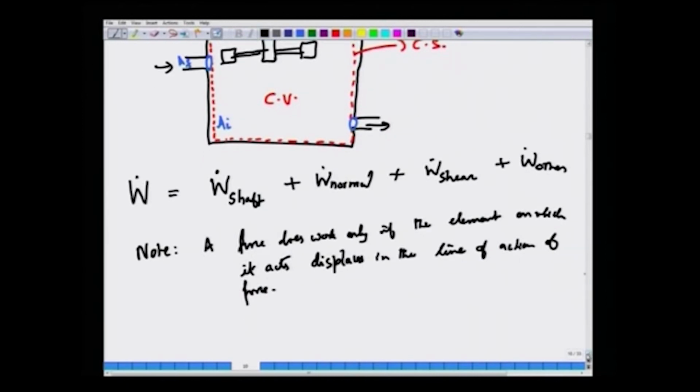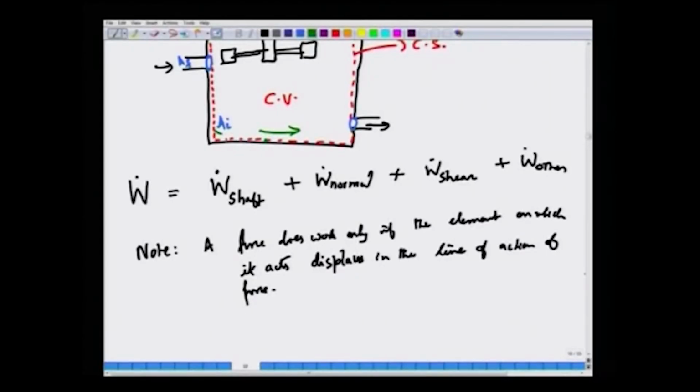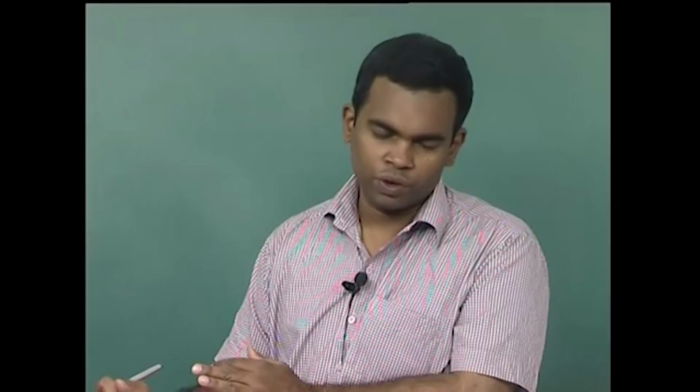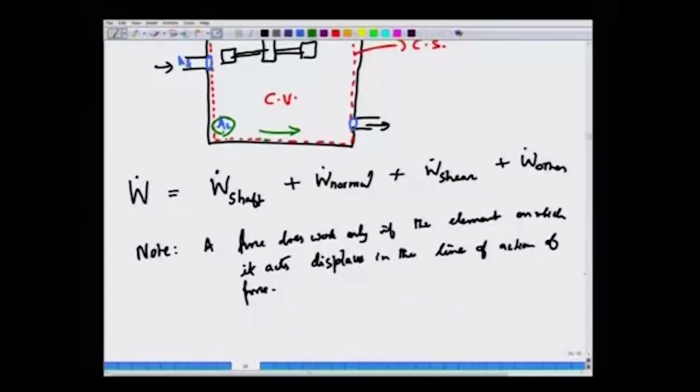What this means is that if you look at, there could be fluid flow here, by virtue of which there could be a stress here due to this fluid flow, but this control surface is stationary, it is a rigid stationary boundary, okay, in which case even though there is a force acting, there is no motion, therefore, there is no work done. Okay. So, there is no work done on the internal area AI, that is what we try to conclude from this simple idea, that a force does work only if the element over which it acts moves in the line of action of force, okay, it displaces. Okay. So, there is no work done in AI,